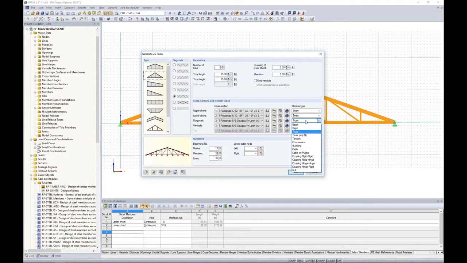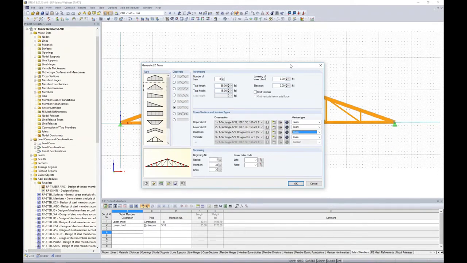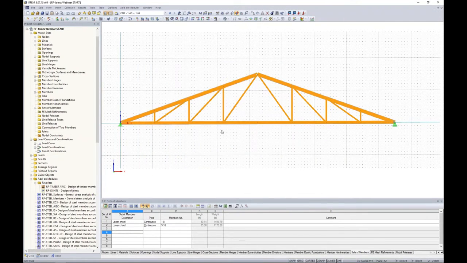For any type of finite element modeling software, we typically have different member types. For our program, beam type is anything that would be a beam or column. Now a truss would be the same thing as a beam, but we've automatically applied the moment end releases to those members. So a truss makes perfect sense for all of our internal members within this truss that we don't want to transfer any moment to our upper and lower chords. So leaving these settings as is for the member type, we press OK,